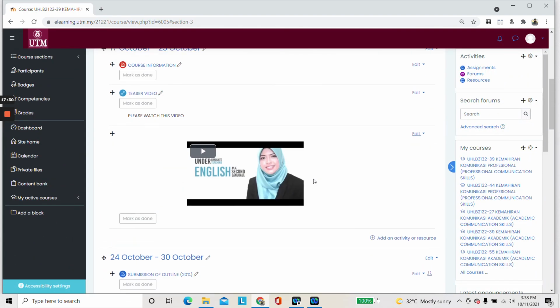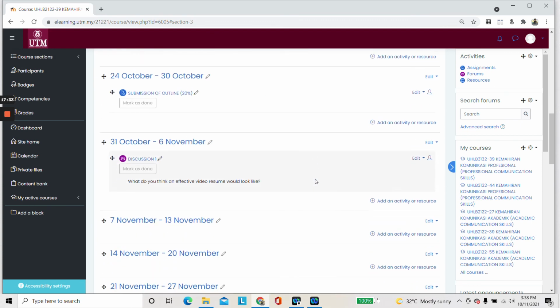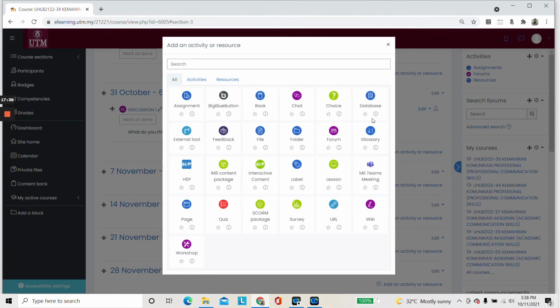I guess those are the top features that instructors normally use, but feel free to explore other features. We have chat, which is similar to the synchronous chat we have on Telegram or WhatsApp. Choice is where you maybe want to have a quick survey, like what kind of platform do you prefer to use for synchronous class? The moment students enter e-learning, they can select, and then you can monitor. The rest you can explore. But I would say label, file, forum, URL, and assignment are the most used